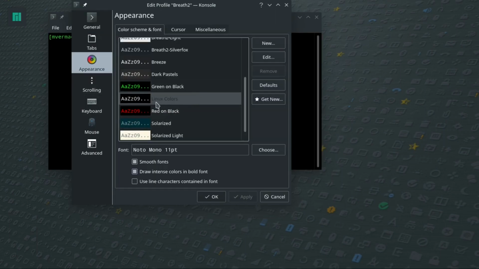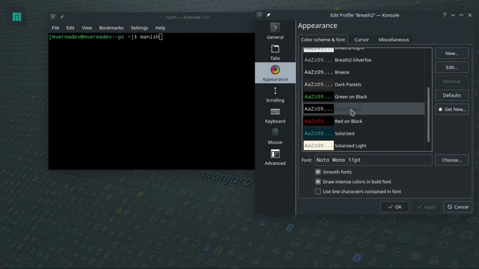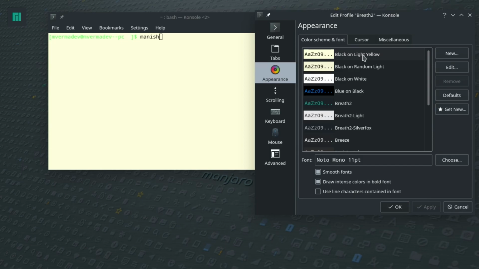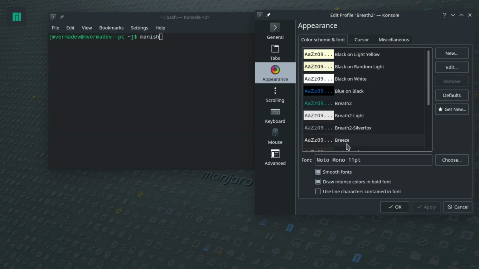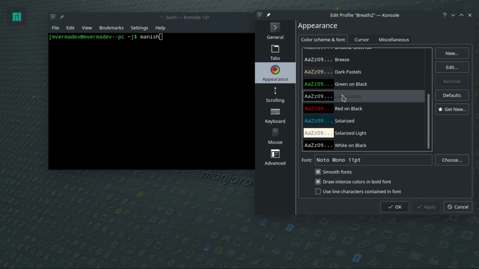Now, appearance. Here I am using my Linux color appearance. As you can see, by default it comes with Breeze. Breeze is not too good in my opinion, and I want to change to something new. If you want to see the preview like this, you just have to move your cursor over these options, like I am going to the top, second, third, fourth. This way you can see which one is suitable for you or not.